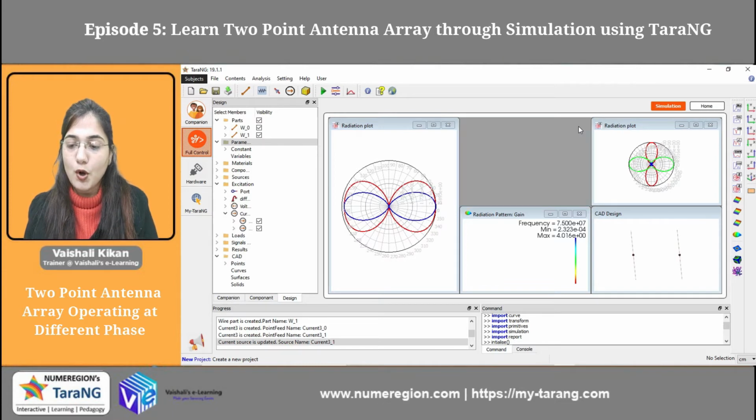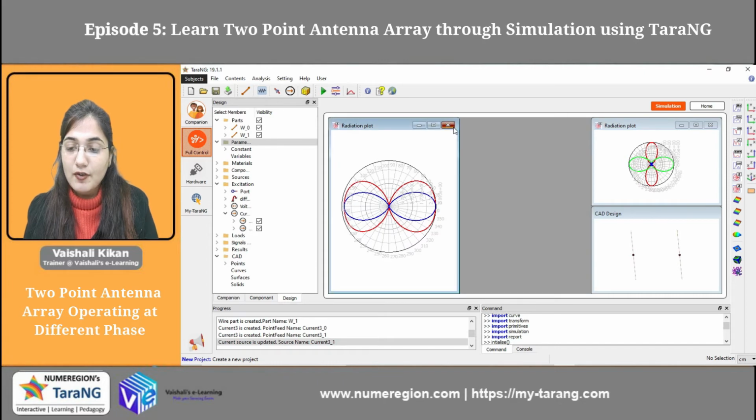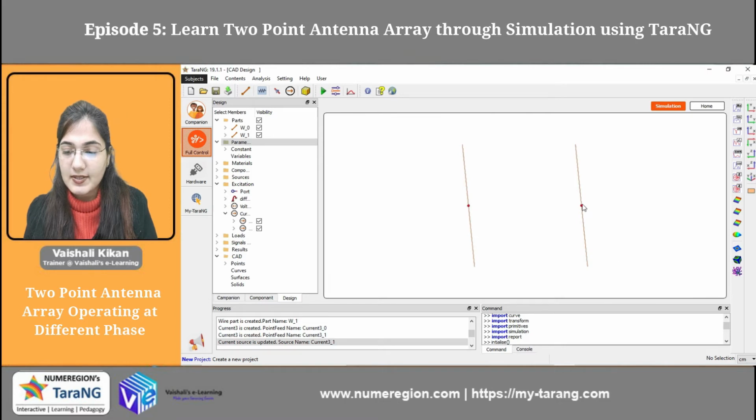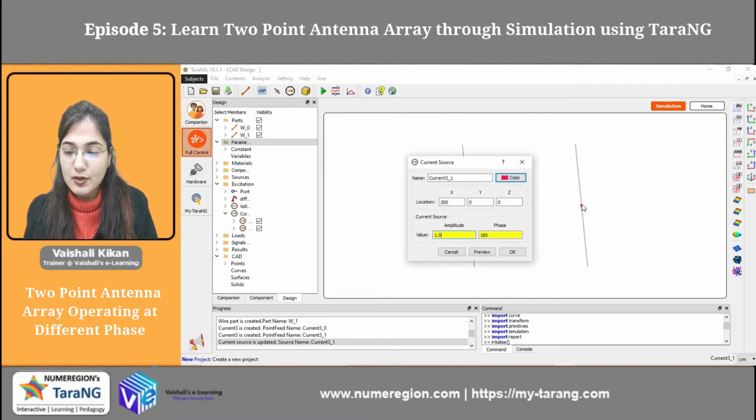So now what will happen if I want to change the radiation pattern from one value to another? Like I don't want to make the simulation again and again. How can I do that? So first of all I am going to maximize it. Then again I am going to click on this current source. On the phase I am going to write the phase only. So I am going to assign it a variable name, phase.